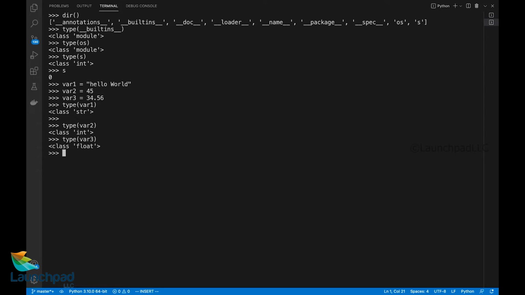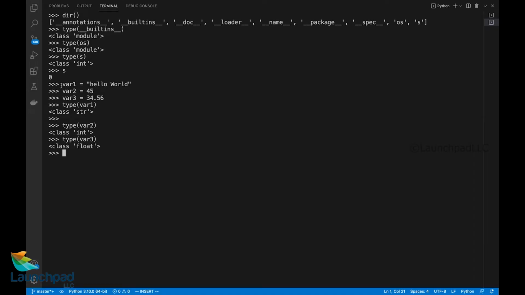Now you can see when you want to declare and initialize a variable in Python, there is no need of using data types. You can directly call the variable name and assign a value inside it. So what is the advantage of doing it in this fashion? var1 is already declared with a string value, but I can change the value of var1 to an integer. Now when I call type of var1, it says class int. So the reuse of variable names despite the data types is allowed in Python.